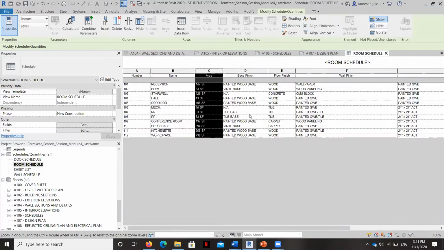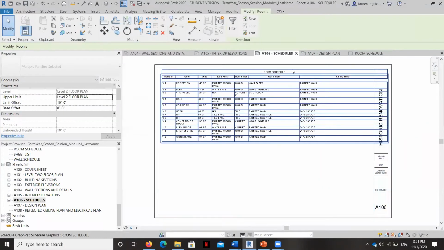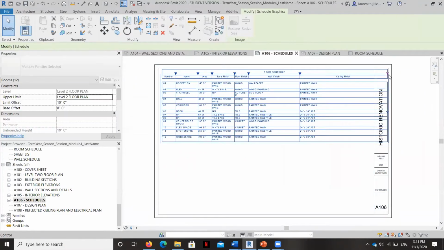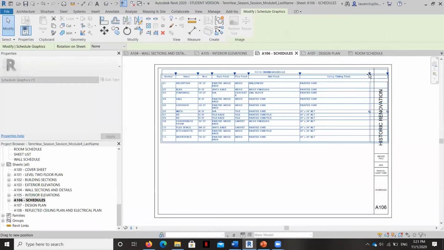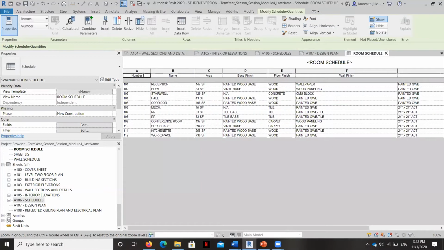And for right now, let's see if that's made our schedule any smaller. Yeah, so it's a little bit smaller. It can spread out on a really big sheet, but since our project is going to be on just 11 by 17, we don't want our schedules to take up pages and pages. So we'll go ahead and drag that room schedule over. And I'm going to click on these and, of course, change them all to capitals here really quick. So I'll pause right now.